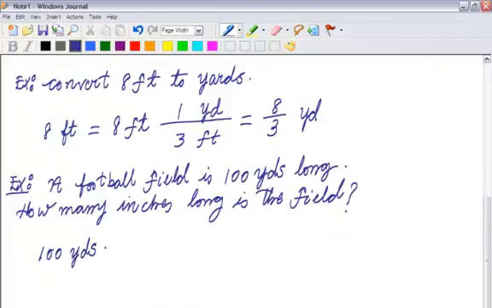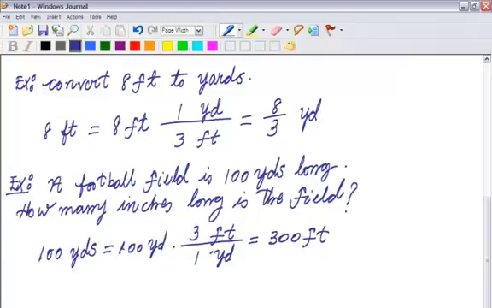So 100 yards. First of all, I want to convert it to feet. And then I'm going to multiply that. I am converting yards, so I'm going to put yard in the denominator, and I'm going to put feet in the numerator. Now, how many yards is how many feet? So 1 yard is 3 feet, right? So I get 300 feet now. Now I want to convert 300 feet into inches. So I know that 1 feet is 12 inches, right? So what do I get? 3 times 12 is